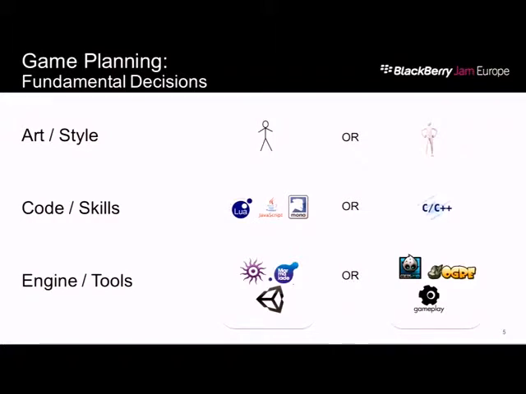So I break it up into these categories. First of all, what's the art or the style of the game that you want to do? Is it going to be 2D, very basic rendering, or is it going to be more advanced 3D rendering where you're going to have to know a little bit more about how to do these things, even how to use another person's class? It gets more complex when you get into that. What kind of skills do the people that are going to be working on the project have? Do they know how to do web pages and therefore only know JavaScript and declarative design? Or are they able to actually write C++ or C code and get their hands a little dirty? So, I'm not saying that this is one person and that's the other.